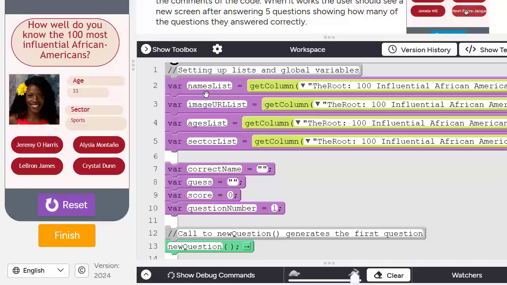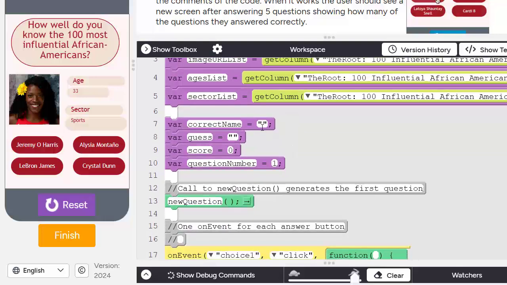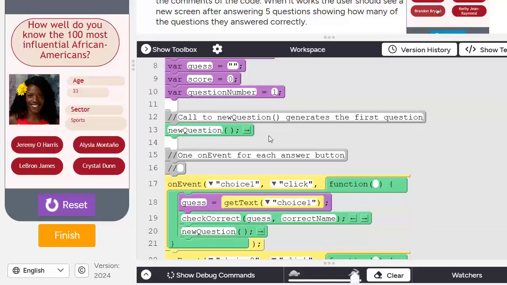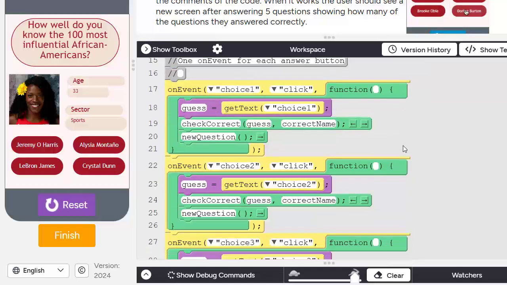So it's getting the columns, name, image, age, sector, correct guess, they're blank to start with, score starts at 0, question number starts at 1, call new question, generates the first question, new question, yep, that's the question there, one on event for each answer button, okay,